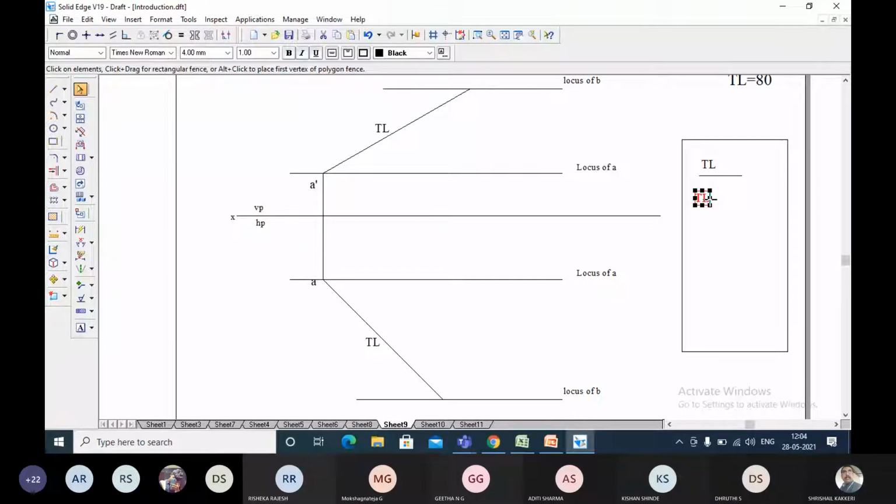Okay, one condition will be given: true length here and true length here. Only the thing is, the true length and its inclination are known to you, and you can find out the apparent length in the front view and the apparent length in the top view and its inclination. One condition. The second condition is that